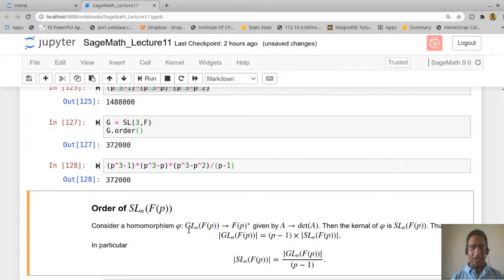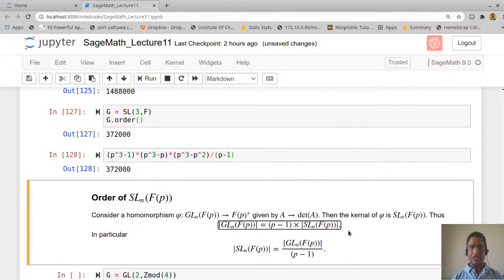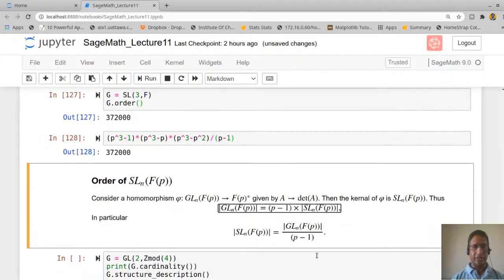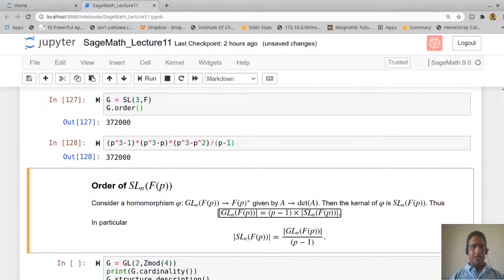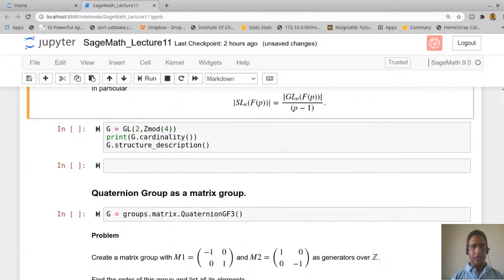And when you go modulo the kernel, what you get is nothing but the set of all matrices of determinant 1. That is how the p minus 1 division comes about. Right, so let us move on to some other group.